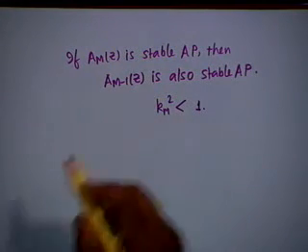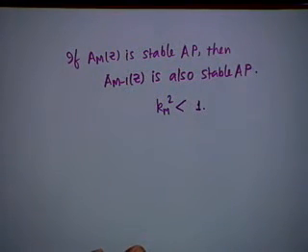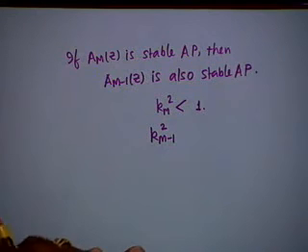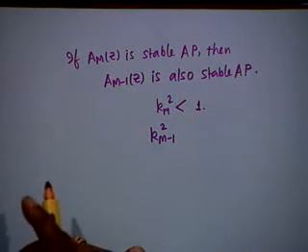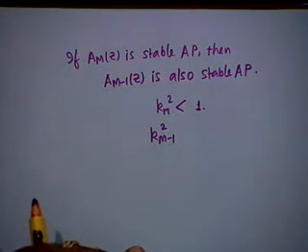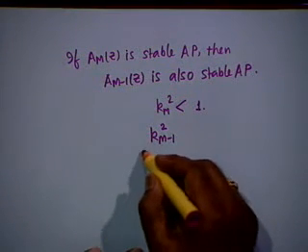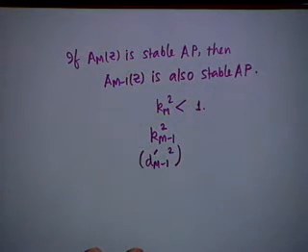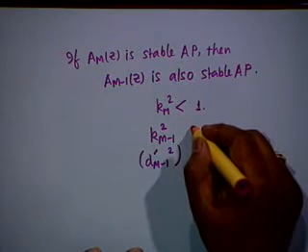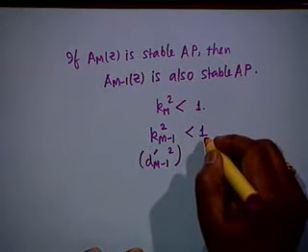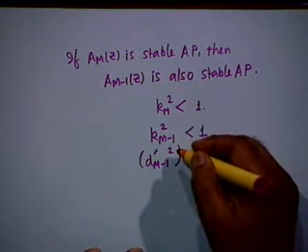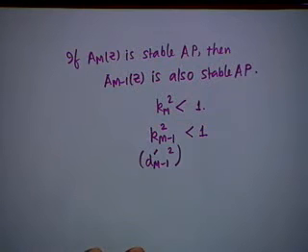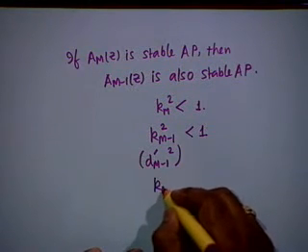Then we derive the lower order transfer function A_{m-1}(z) and look at K_{m-1} squared. What is this equal to? d_{m-1} prime. Agreed? K_{m-1} is simply d_{m-1} squared. That should also be less than 1. Okay? And then by recursion we form A_{m-2} and we test for K_{m-2}.